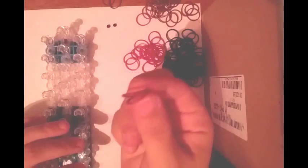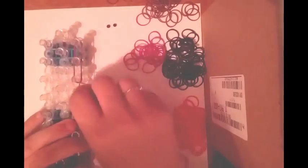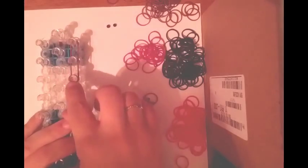Okay, so right now we're going to start with the brim of our hat. So the whole project takes 2 bands. It's all double bands except for his neck and his boots. Okay, so we'll put 2 bands there and 2 bands here, and of course you have to make 2 of these. We'll cap it 4 times, 1, 2, 3, for 4 loops,